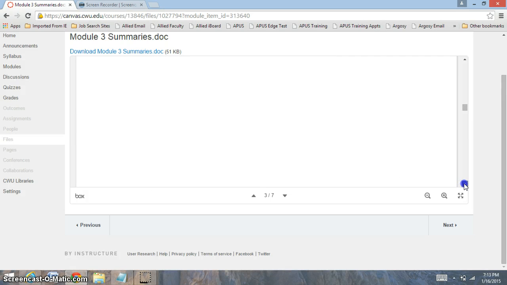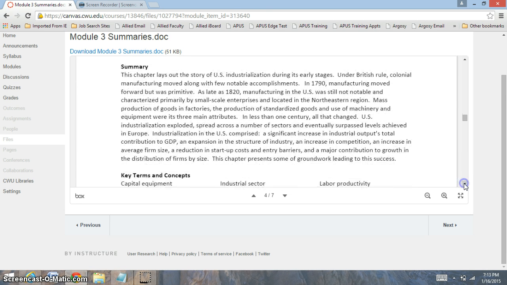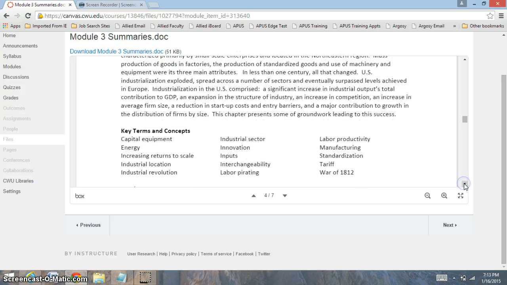In chapter 11, you'll notice we're going to start looking at the early industrial period. And this was a very important economic growth period for our economy, because this is when things started to take off and when we started to compete in a global economy. And competing in a global economy is very important for production. And production of certain products really can carry a lot of weight as people started to take the U.S. much more seriously in the global economy.